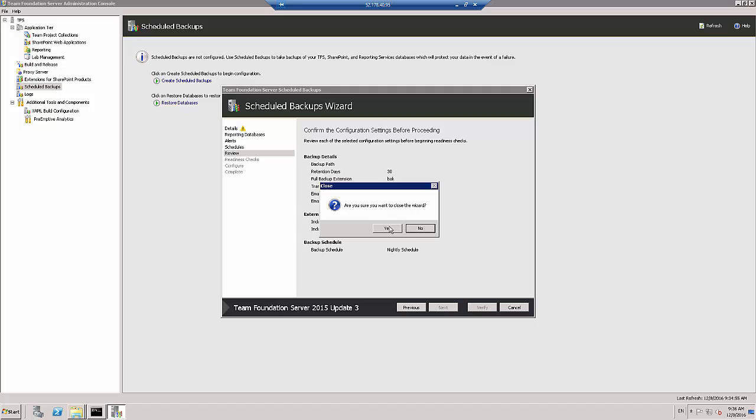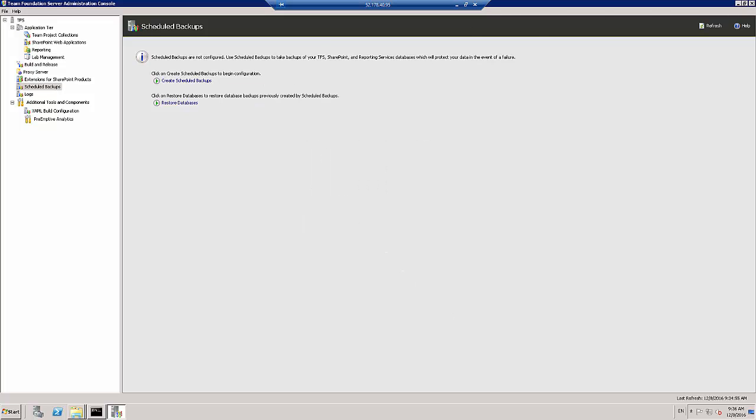And once that's done, we'll have a link on the top right to take a full backup now. You can click that, and it will back up all the databases that you selected into that network location for you. If you prefer to do the manual backup from SQL Server, then